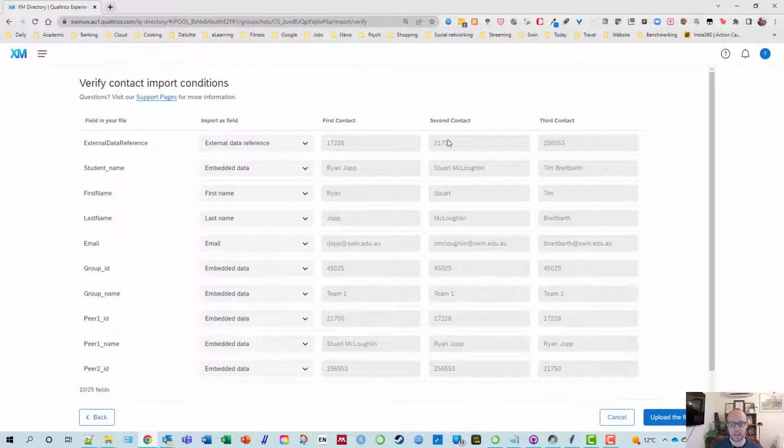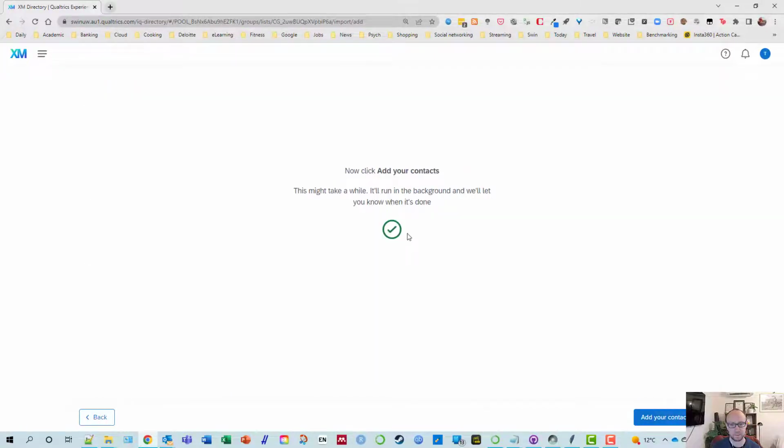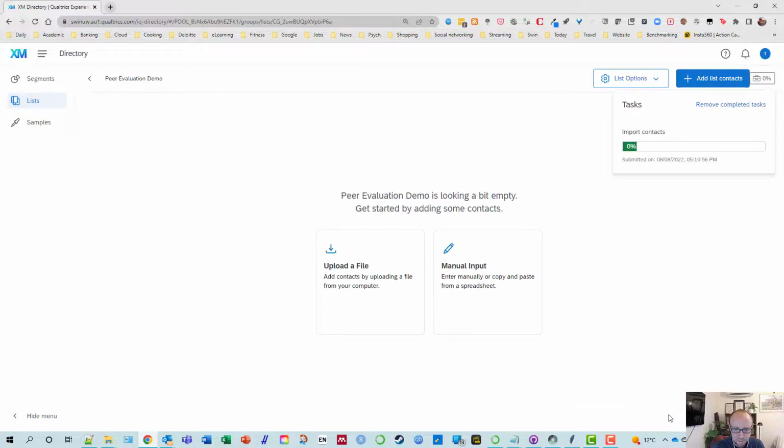And then what you'll see is all this information coming up here, and so that's looking quite good. So we click on Upload the File. So it may take a little while, but it should be done in about a minute or so. Now, once that's actually been completed, what we then have to do is that we have to get Qualtrics to generate a unique identification link to take them into the peer evaluation survey, so that each student can actually be paired up with